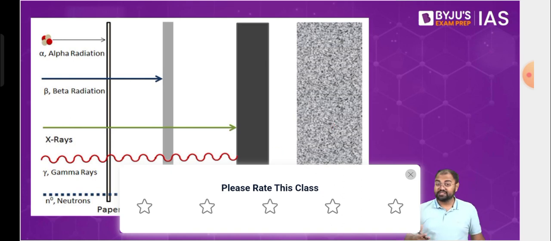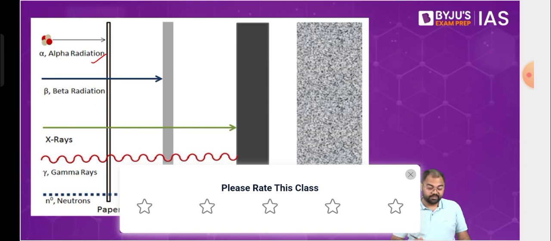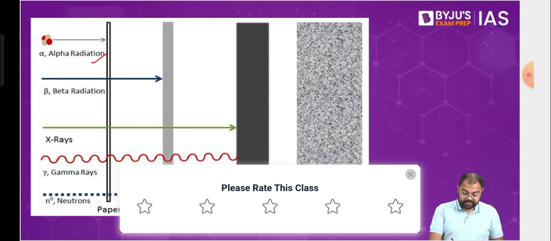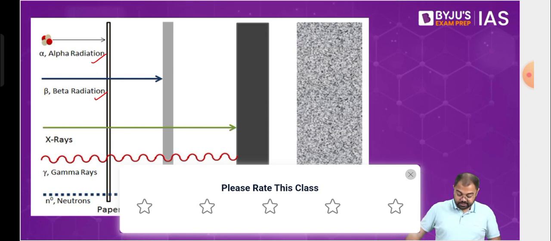Now, when you do the comparison of how much energy each one has, you'll see that alpha radiation has the lowest. Even a thin sheet of paper can stop alpha rays. In case of beta, it has slightly more power, so you'll need a thin sheet of metal to stop beta radiation. In case of gamma radiation, even that metal is not enough, so we'll need a thick lead wall to prevent it.